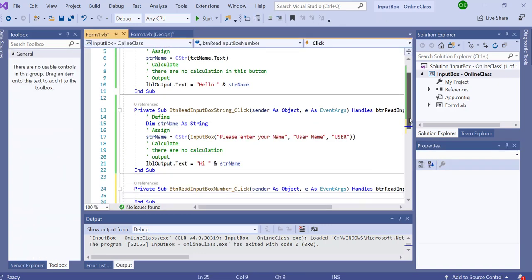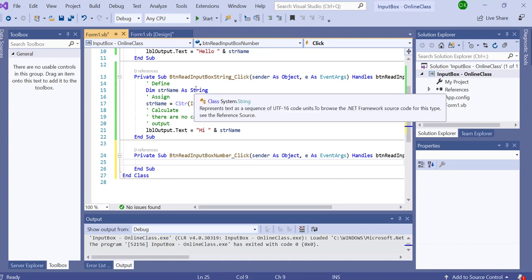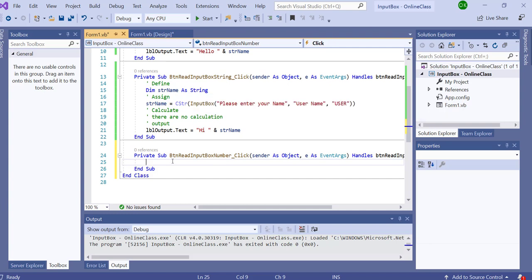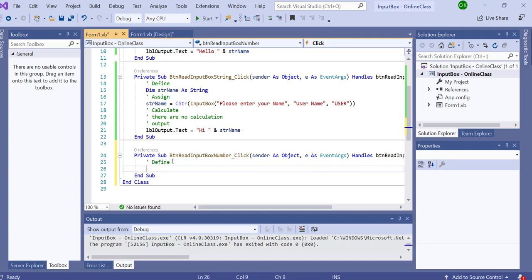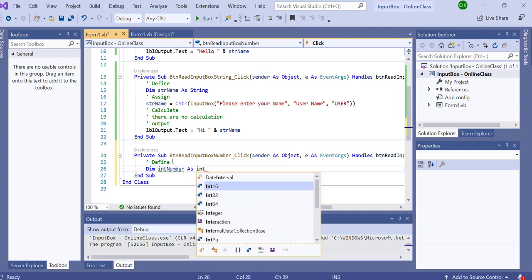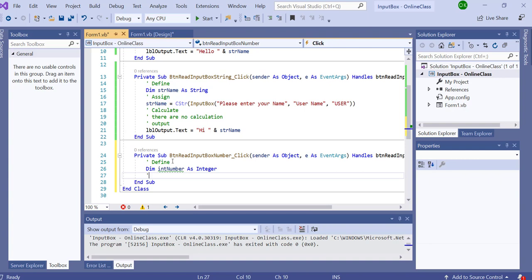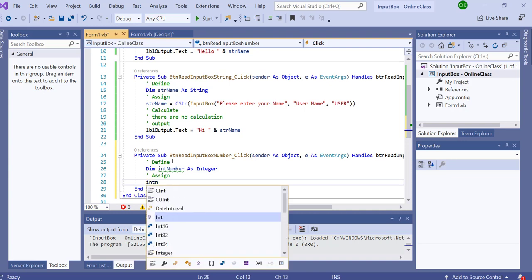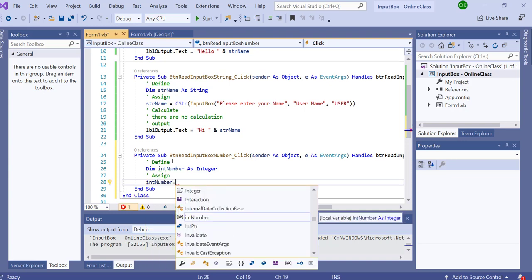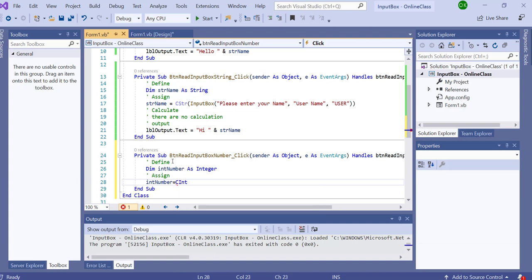I'm going to do the exact same thing, but this time, since I'm reading a number, I'm going to need to define a data type that is a number, so either an integer or a decimal or a double. I'm going to just keep it simple and define an integer variable. So again, define Dim number As Integer, assign intNumber equal. I need to make sure that I'm converting to the right data type,